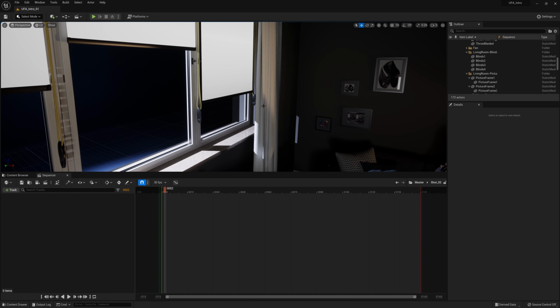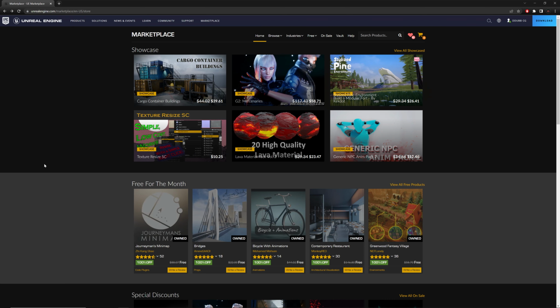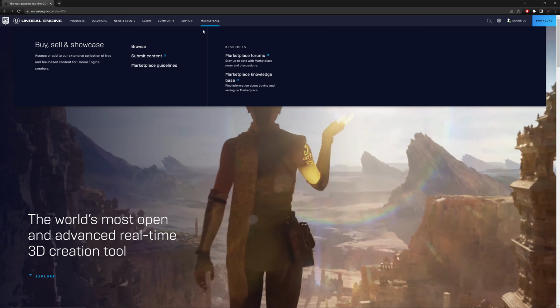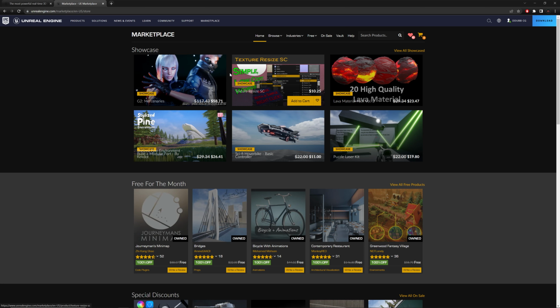So I'm going to need some kind of glass material. We're going to jump over to the Unreal Marketplace. To do that, you can Google Unreal Engine Marketplace, or you can go to unrealengine.com and up at the top here, hit Marketplace and browse. So I'm going to go to the Marketplace, search glass material,